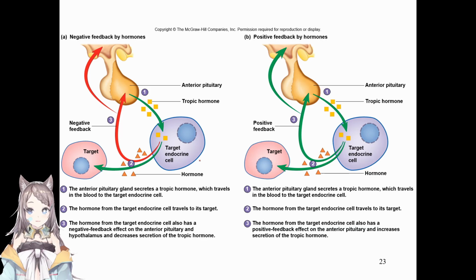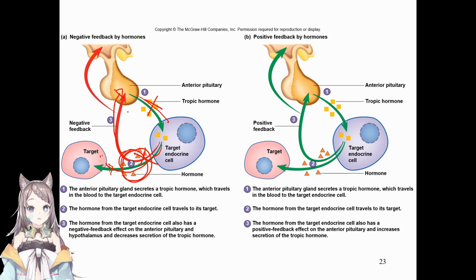So we have negative feedback and positive feedback on the screen. An example is this: your anterior pituitary will release a tropic hormone which will trigger the release of the intended acting hormone. If there is too much of the intended target hormone, it will send a sign to the originator to stop producing the stimulating hormone. It will stop the process, and the cells producing the next hormone will also stop producing, leading to a decreasing amount of hormones in the body.